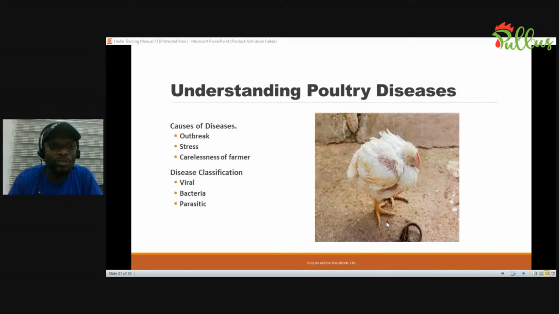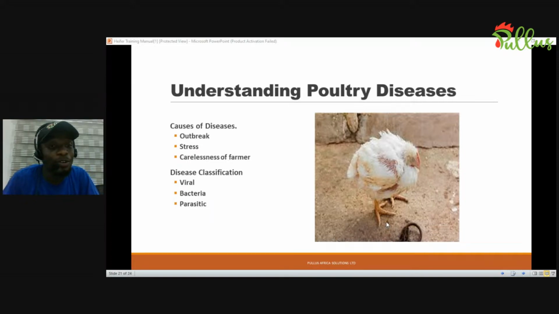Another area is to be very cautious about managing one problem or the other, because I've also seen situations whereby a farmer, after treating coccidiosis, 1 week later, another problem will land, maybe CRD. After treating CRD, salmonellosis will land. After treating salmonellosis, Newcastle will land. Simply because this farmer has, like I said, very poor biosecurity, and then it means at maybe the 5 or 6 weeks that you are raising your broiler birds, you are always giving them drugs, always treating one problem or the other.